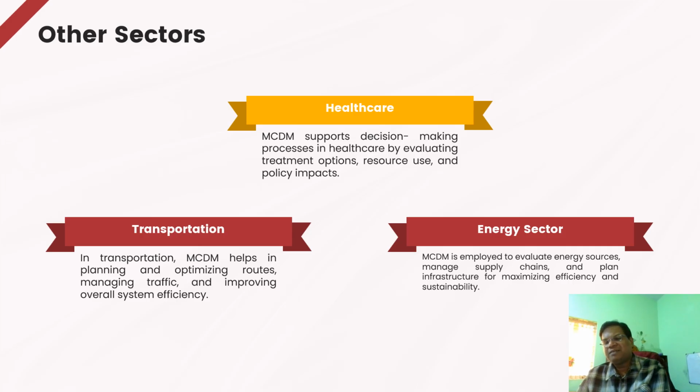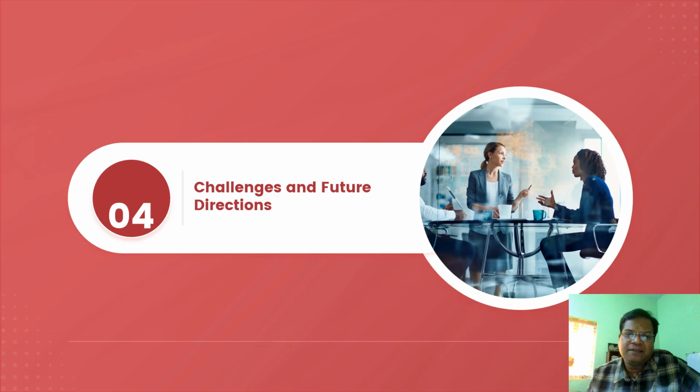So which kind of MCDM method we can use, what kind of parameters we can use for selecting the different alternatives with the help of different types of stakeholders. That's why we now have multiple things: multiple criteria, multiple stakeholders, multiple alternatives, multiple options. So combining everything, we can say MCDM is one of the best solutions to get the optimum solutions for different types of sectors.